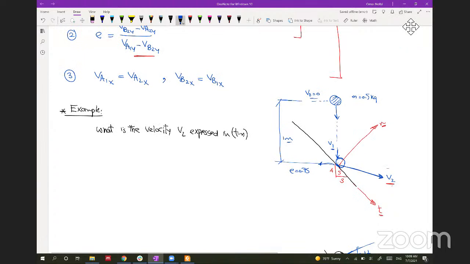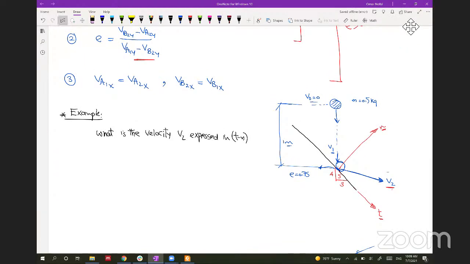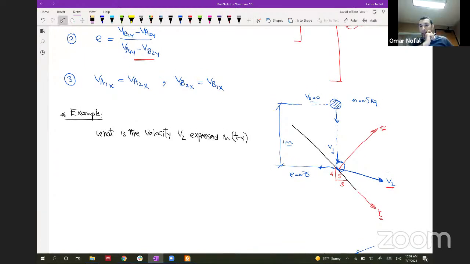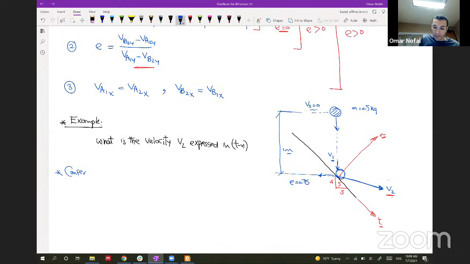Could we use the kinematics equation? Actually, you can, but what is much easier given velocities and given the elevations? It will be much easier if we use the conservation of energy, but you can use kinematics. But the conservation of energy,